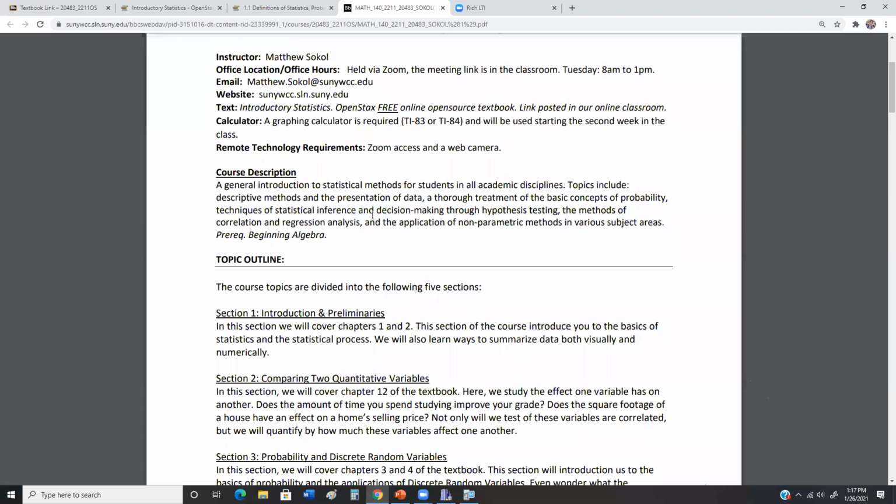All right, let me talk about the course description real quick. This is a general introduction to statistical methods for students in all academic disciplines. And that's what I love about statistics. No matter what field of study you're in, statistics is applicable to every area of study at the collegiate level.